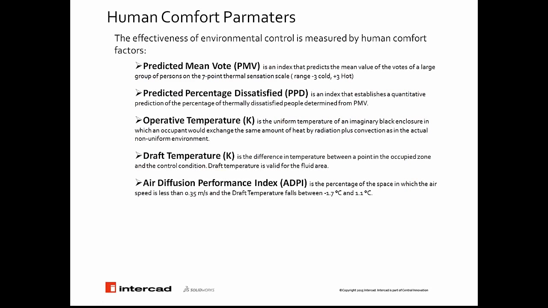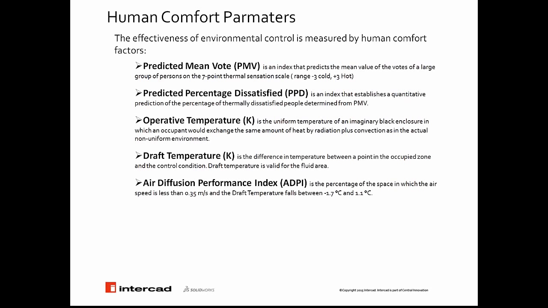First is PMV, an index that predicts the mean value of votes of a large group of persons on a 7-point thermal sensation scale. So very cold is ranked -3, very hot is ranked +3, anything between, and the perfect one is 0. PPD, or predicted percentage dissatisfied, is an index that establishes a quantitative prediction of the percentage of thermally dissatisfied people determined